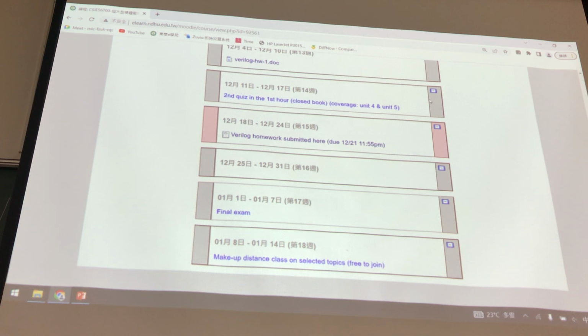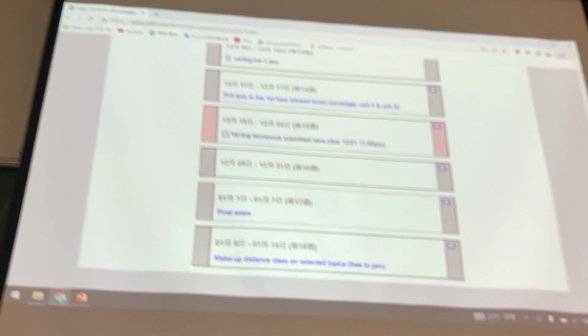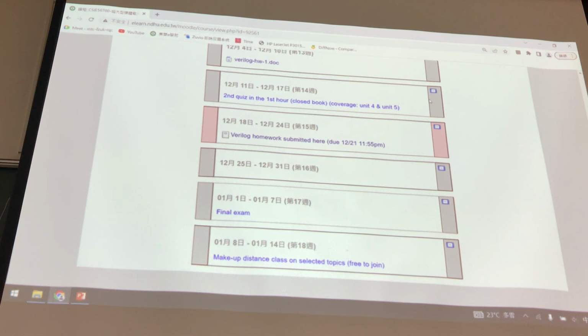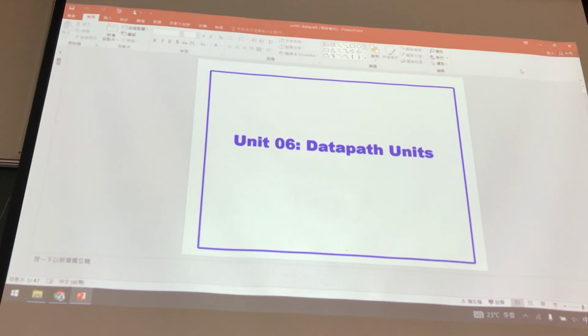But we are going to adjust the grading eventually, so don't worry too much about that. 小考可能不会太容易，但是我们分数会做一些调整，所以先不用担心的太过头。好好准备你们期末考。